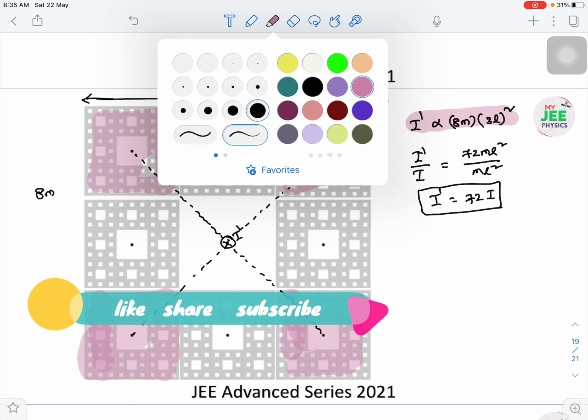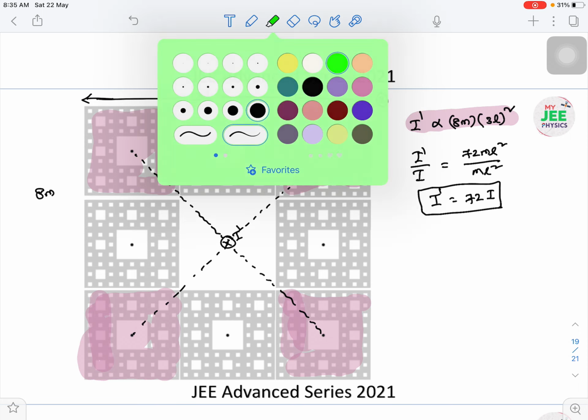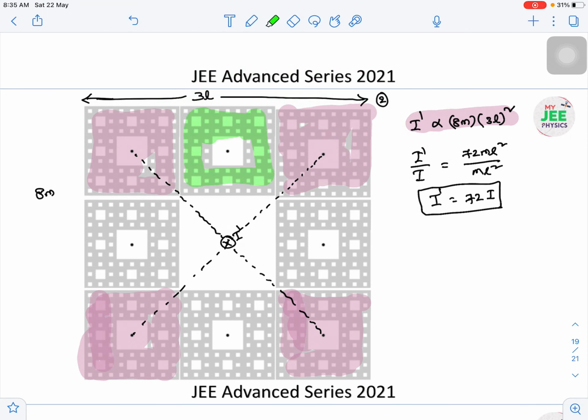Whereas the center squares, if you take one side, the center square is something like this. Suppose I choose the green one, this square and this, even this and this one. All these have the same orientation, or you can say the same arrangement from the axis of rotation. So all these should have the same moment of inertia. Now I can take individual squares and find out the total moment of inertia of the object.